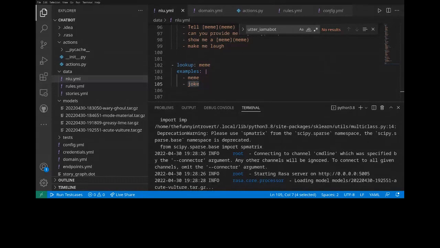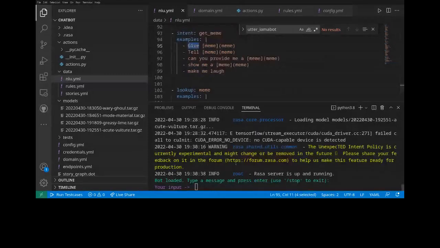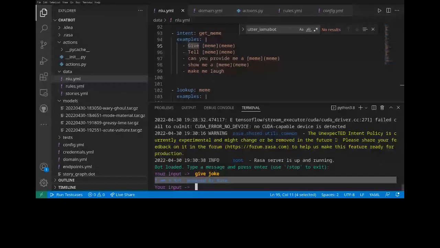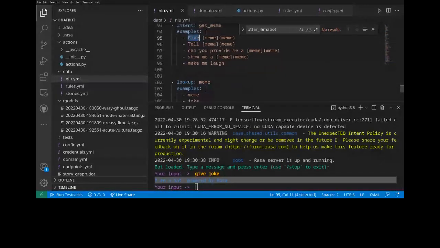It is basically going to check. Okay, it is given as a meme, and the word which we gave was a joke. So even if, let's say, now I do give, okay, it is ready. I say give joke, and it says I'm a bot powered by Rasa, which is perfectly correct. Last time I got confused, but I think we also learned something new, so that is good.